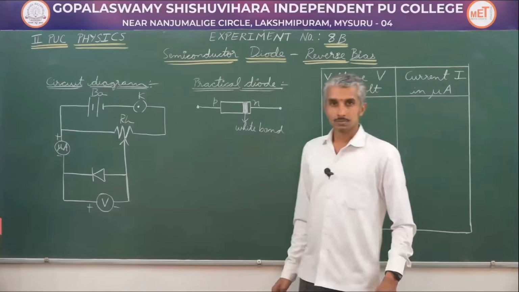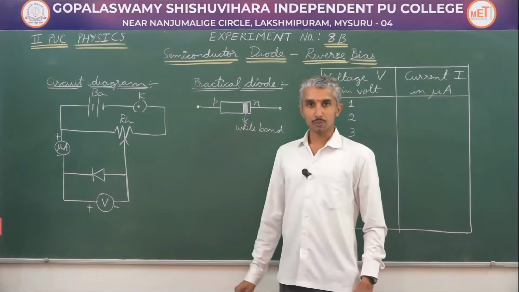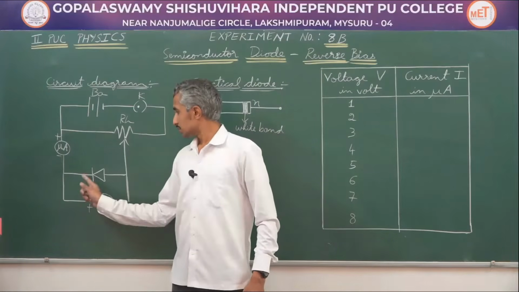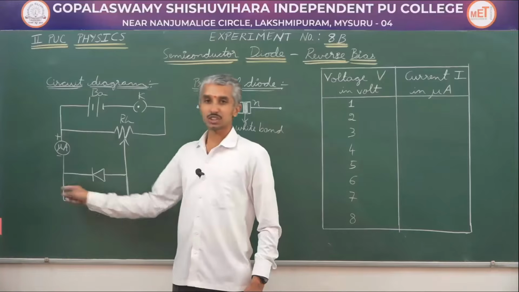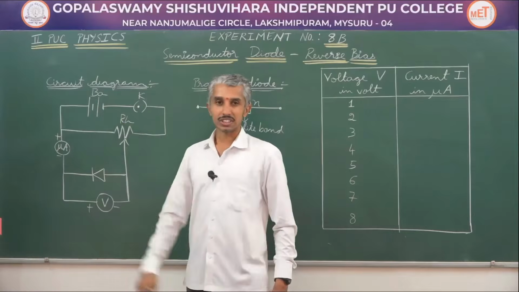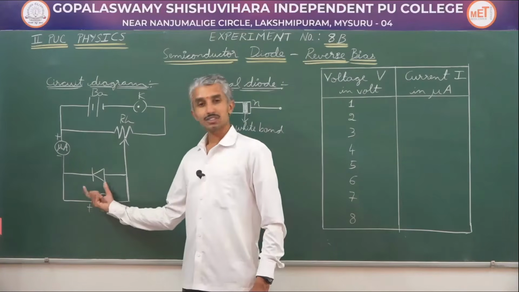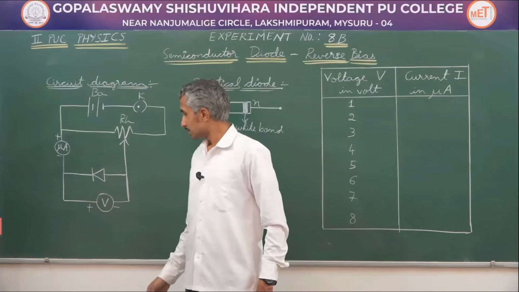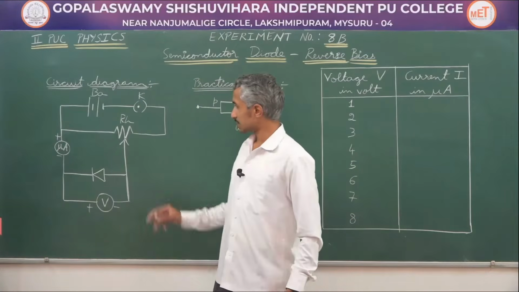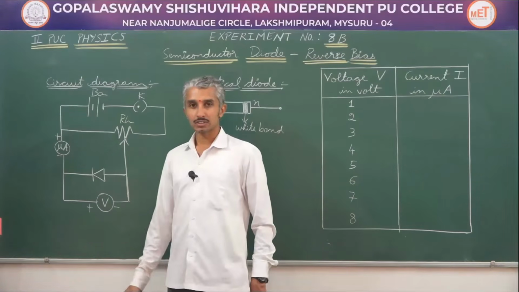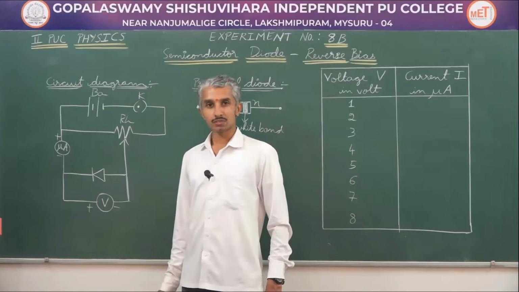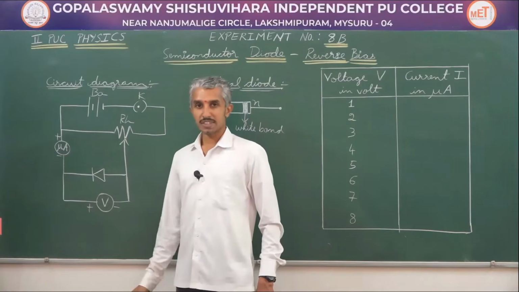Let us conduct the experiment. Here is the circuit diagram to perform today's experiment. We have a battery. If you observe, the N type of the diode is connected to the positive of the battery, and the P type of the diode is connected towards the negative of the battery. This makes the diode in reverse bias. And further, in the forward bias condition, we had a similar circuit where we had used a milliamp meter. The current there we were getting in milliamperes. In reverse bias, the current that we get is very small, so we are using a microammeter.